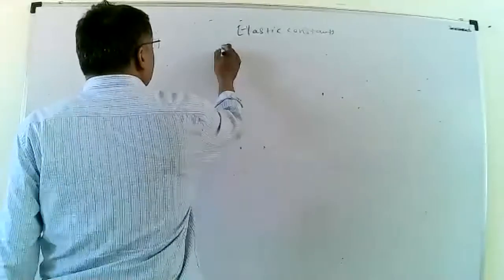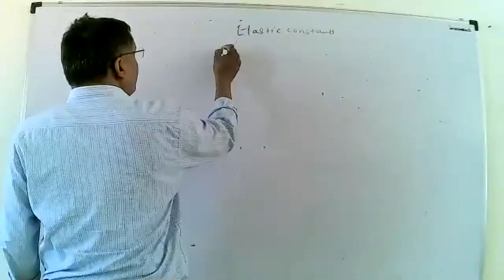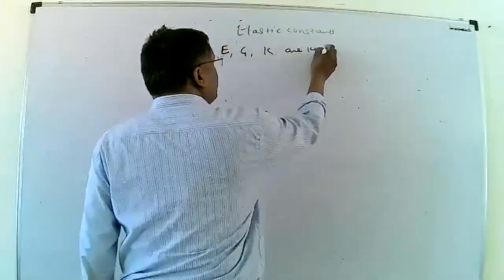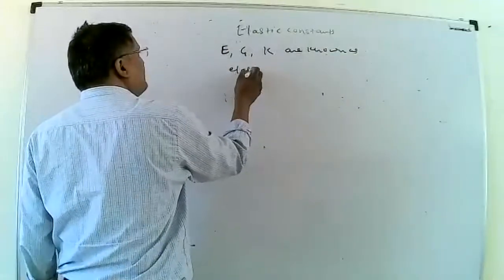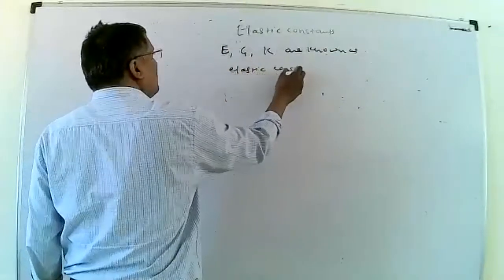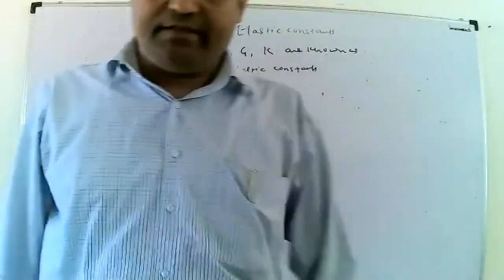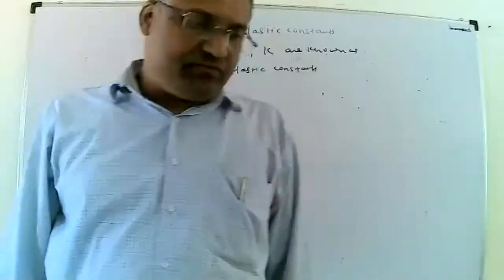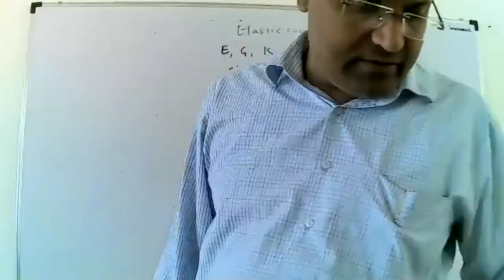Then E, G, K are known as elastic constants. These three are known as elastic constants, E, G, and K. Before studying elastic constants, we understand